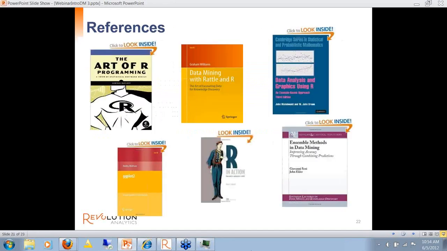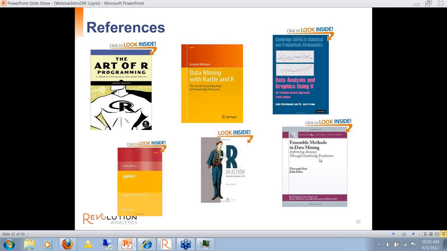And for my last slide here, I thought I'd indicate some helpful books that I've really found useful. This book in the center here really describes the Rattle package, and Graham Williams has done just a marvelous job in building that package and in documenting it with this book. The Art of R Programming is certainly the book to learn how to program from if you want to go further.